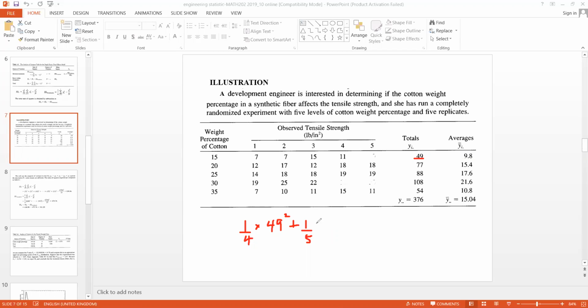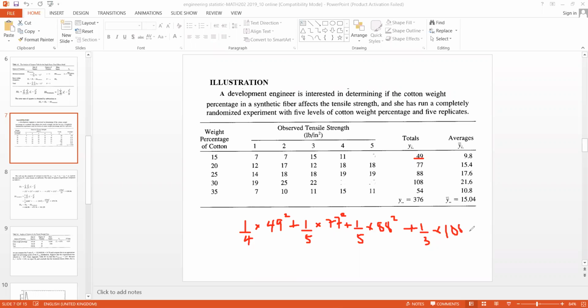So 1 over 5 times 77 squared, plus the next group has 1 over 5 times 88 squared. Then the next group will be 1 over 3 times 108 squared,